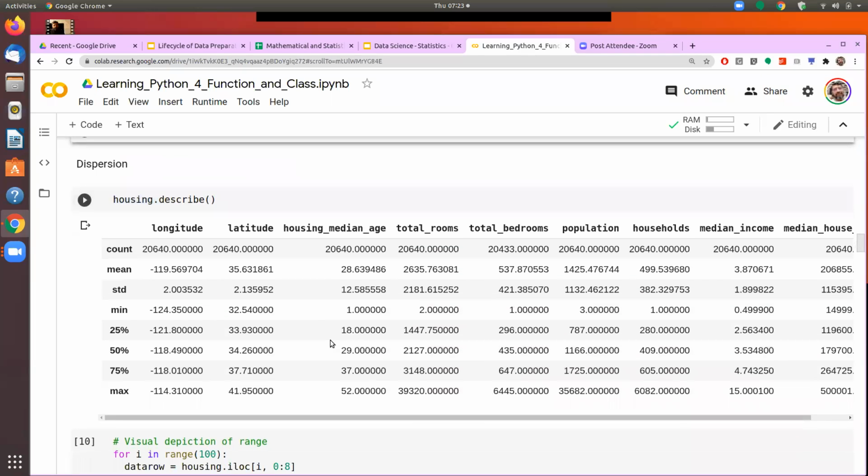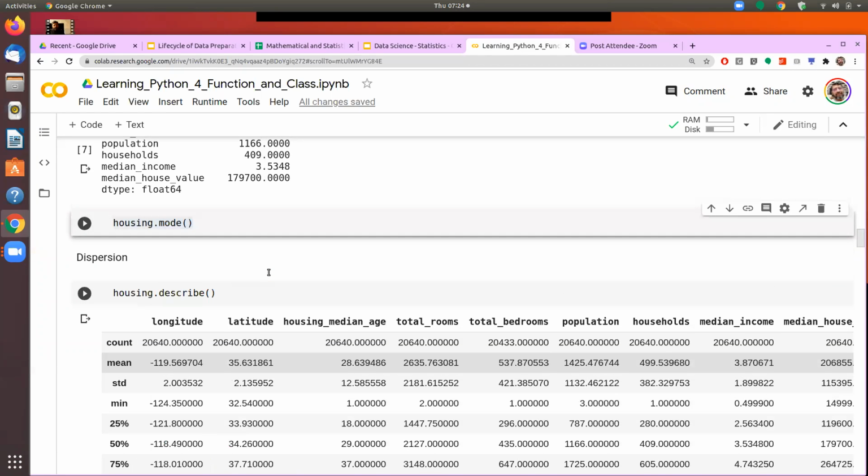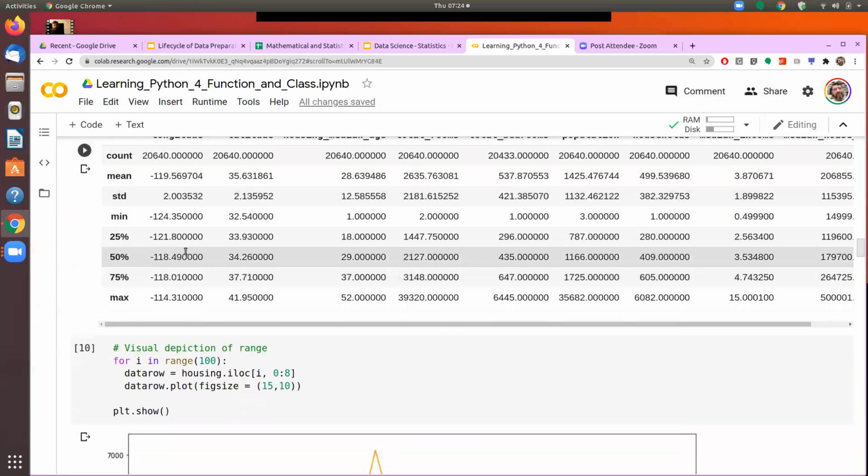Then, as we saw, it's not just about understanding the most likely event to happen; it's also important to understand the range in which the events happen. Just like I am most likely to reach my office in 30 minutes, but sometimes it is 25, sometimes it is 45. So I need to understand the range also, and we will go into certain measures of the range, a few of which we have seen, like range being the max minus min.